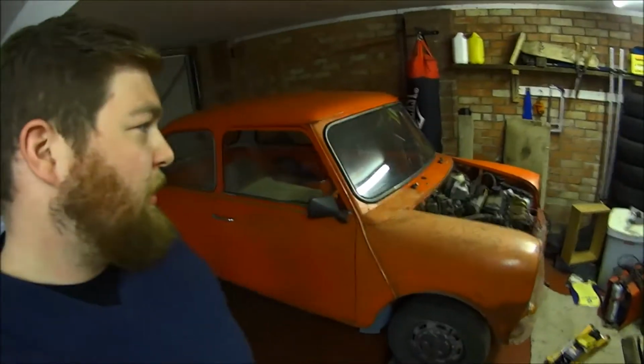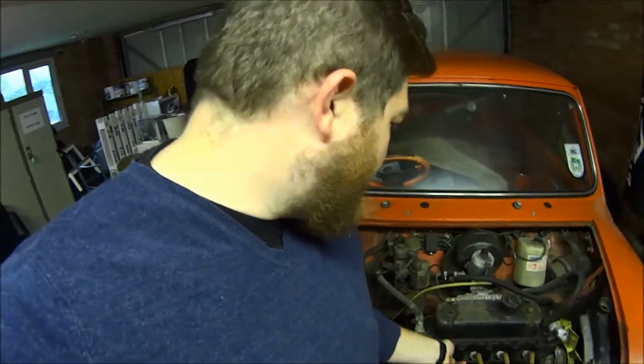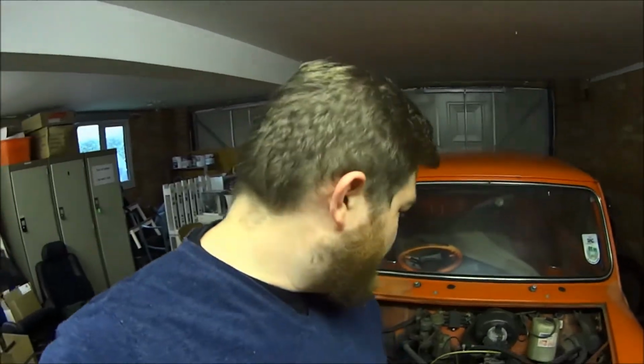The engine is seized. It's been sitting around for a while, so what I ended up doing was I got some diesel, put some diesel down the bores, down the plug holes, and I've left it sitting. Hopefully if we can use it, and even if it's just for a little while